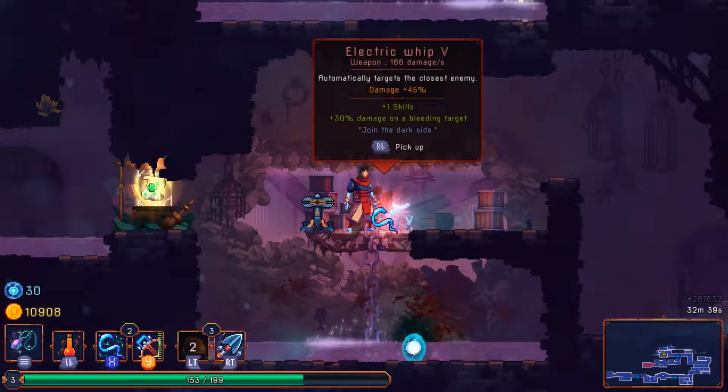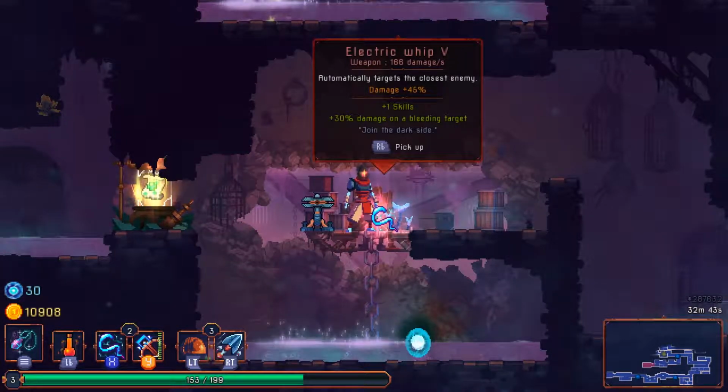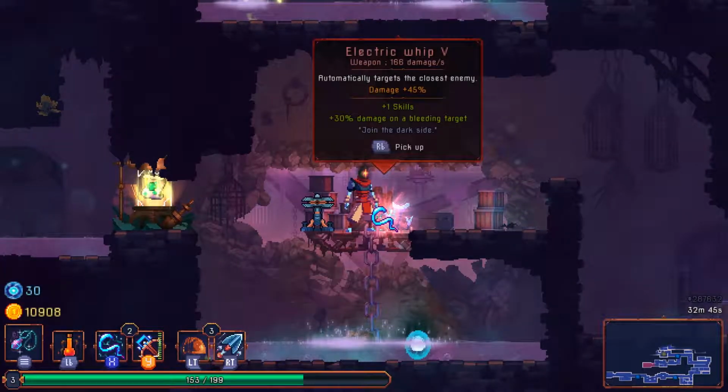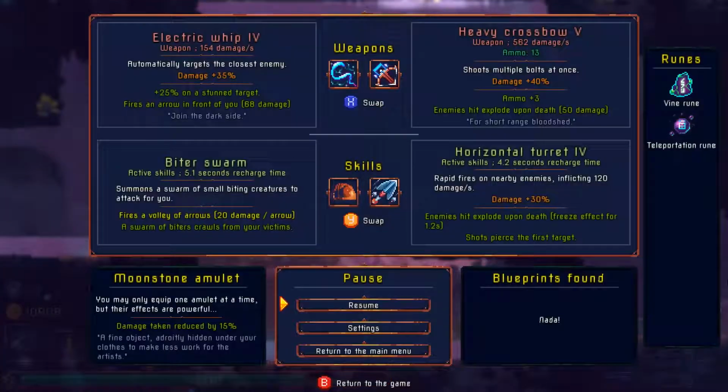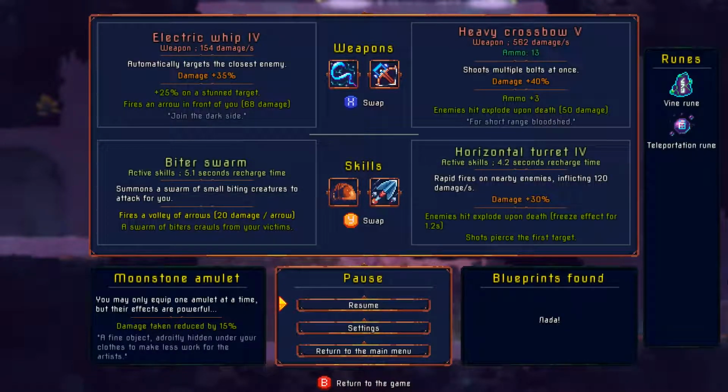Okay, so we've got an electric whip, level 5. We're going to get +1 to skill damage. That's going to be good. Plus 30% on our bleeding target. Don't have any way of doing that. But you know what? I think that it is worth picking up because 45% damage across the board. Yeah, we're not going to get the arrow firing. We're not going to get the...